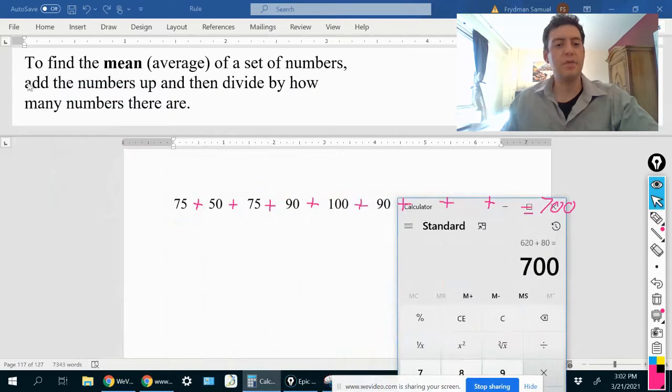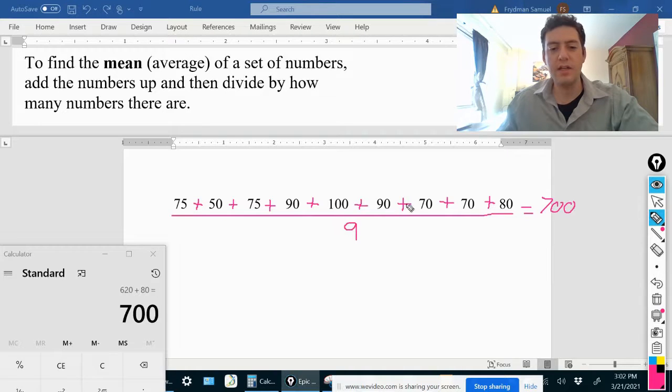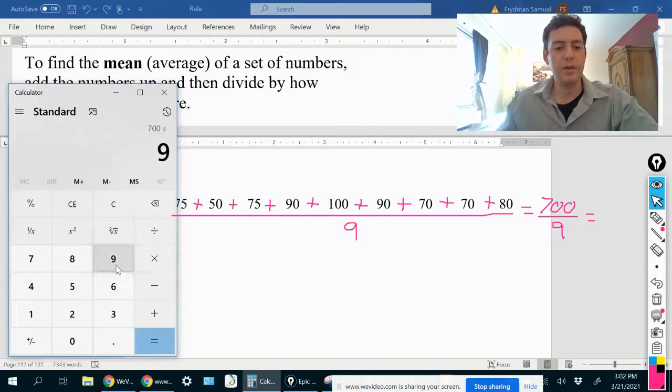What's the second thing? We add the numbers up and then divide by how many numbers there are. So how many numbers did we just add together? 1, 2, 3, 4, 5, 6, 7, 8, 9. Okay, so all of this is going to be divided by 9. So we're taking the sum and then dividing it by 9 because there are 9 numbers here. So this sum divided by 9 is equal to 700 divided by 9, which is equal to